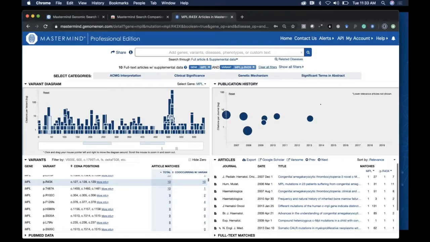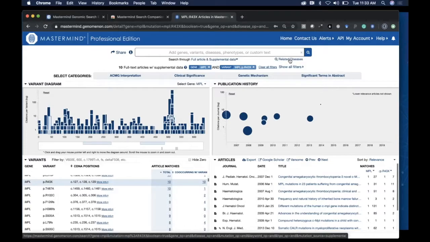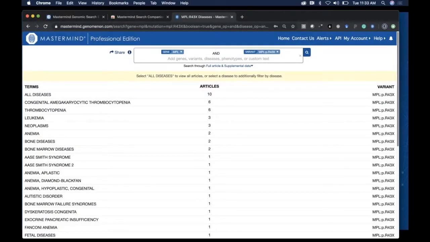Now you'll notice that this takes me directly to the detail page, which is different than previous versions of Mastermind. This is to streamline the most common workflow, which is to say, show me the articles that mention this particular variant. This use case is indicating that you'd like to know all of the different diseases that this variant is mentioned in association with. So I'll draw your attention to this feature here that takes you back to this page,